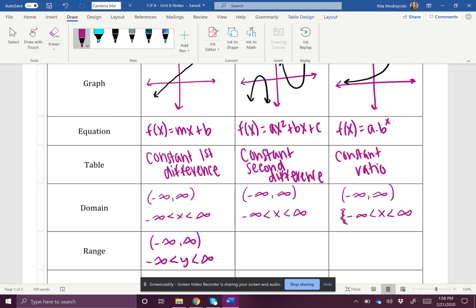Our range for our quadratic functions, a key thing to look at is the vertex. The vertex is really going to define that range. So we would write here that it's based off of the vertex. And then the range for our exponential functions is always based off the asymptote. And with these functions,